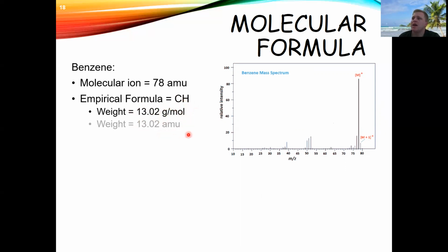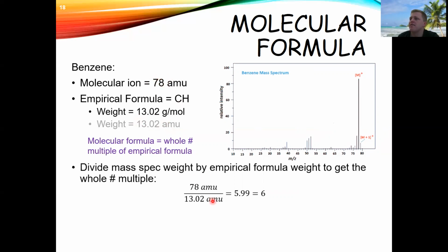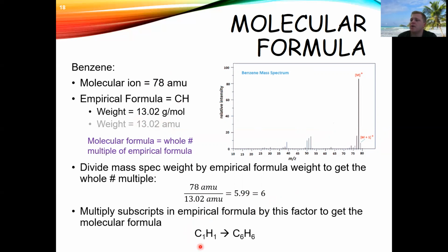Remember that we can switch back and forth between these atomic mass units and grams per mole. We know that our molecular formula is just some whole number multiple of our empirical formula. So what we need to find is the number that we'd multiply 13 by to turn it into 78. The best way to do that is to take 78 and divide it by 13. So 78 divided by 13.02 actually gives us a value of 5.99, but that's close enough that we know it is 6. So then we take our empirical formula of C1H1 and multiply it by 6